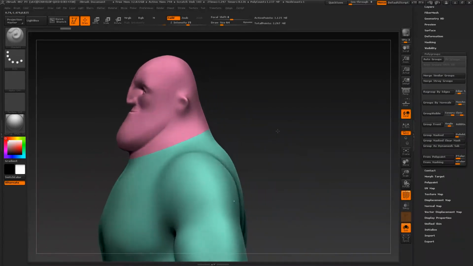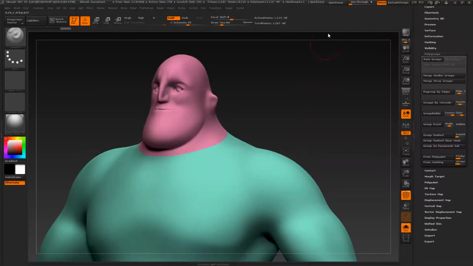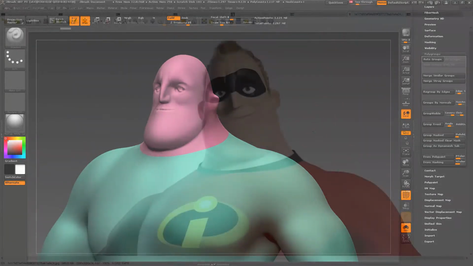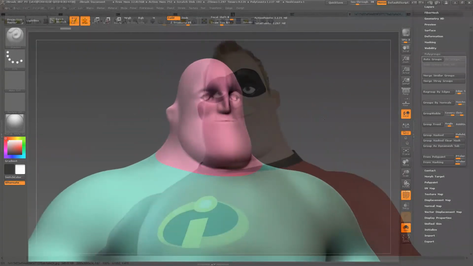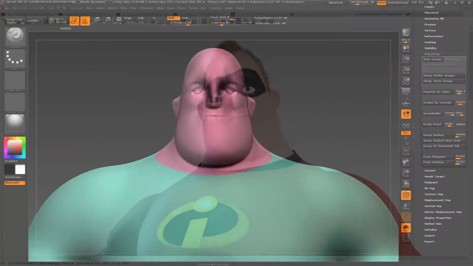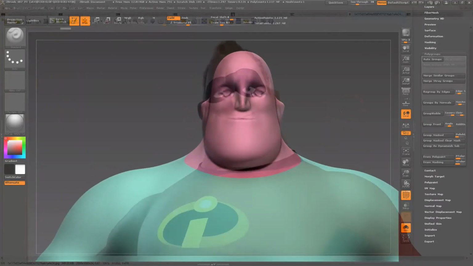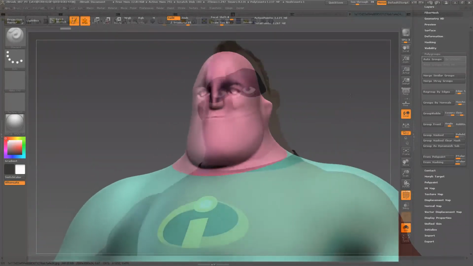Let's do something like this. Let's place our character roughly the same size,